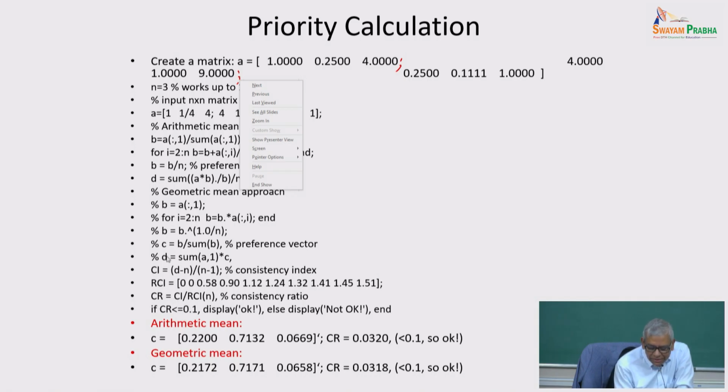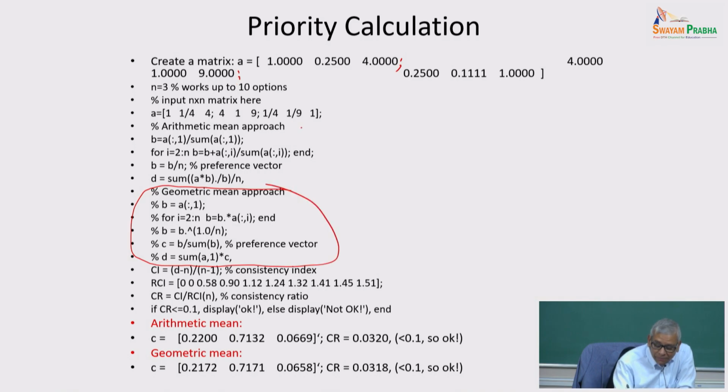So there are 2 ways of doing it. One set of papers uses this geometric mean idea. Another one uses the arithmetic mean approach. So I'm saying you use the arithmetic mean. I've commented the geometric one. You can use both and maybe take an average, but you do the arithmetic mean. So eventually you get a C.